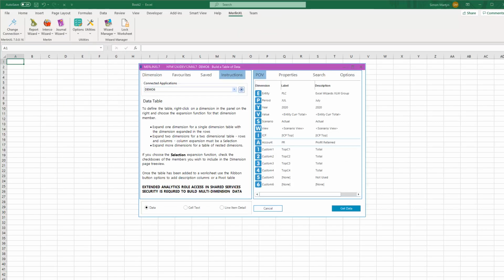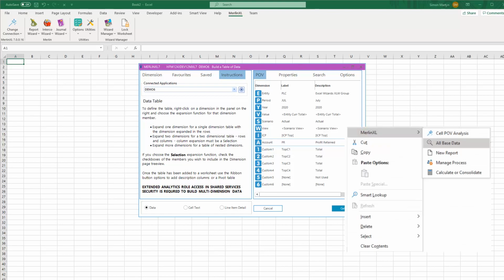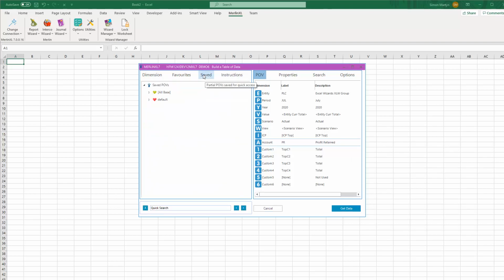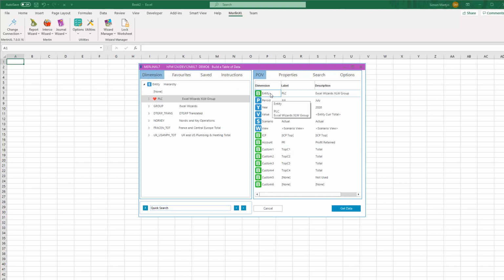In other videos, you may have seen the Merlin Excel right-click function to drill to all base data. And that function creates a multi-dimension data table. And by using the special saved POV called all base, which sets the expansion function for all hierarchical dimensions to base, we can create the data table that displays all the base data that rolls up to a selected point of view. And instead of using the active cell's point of view, we can use the form to set the